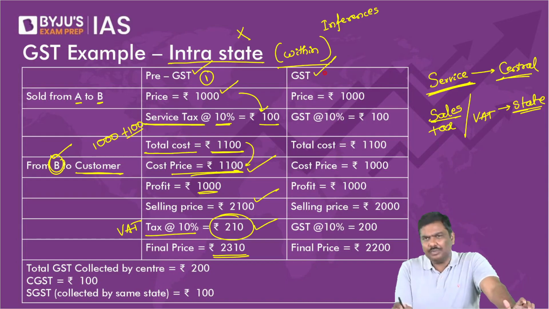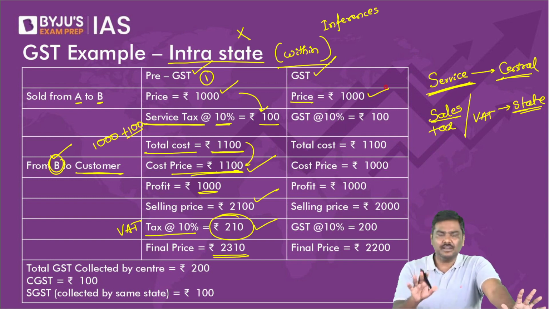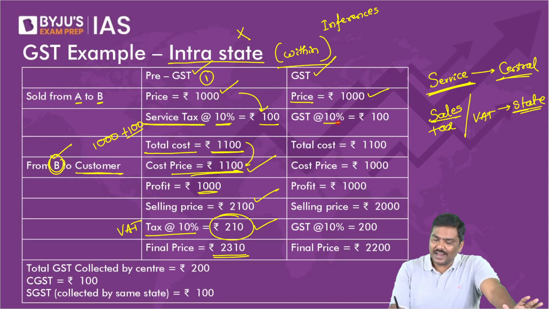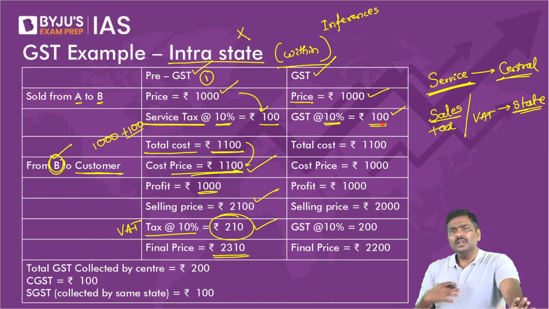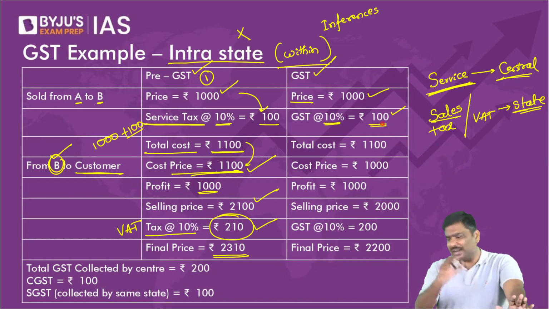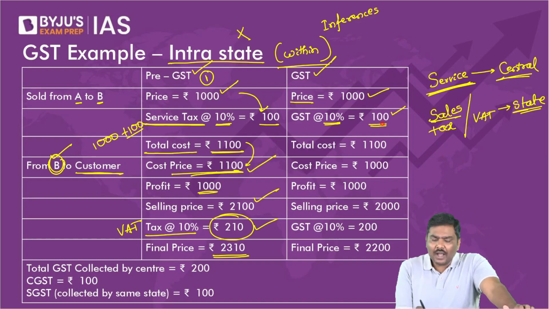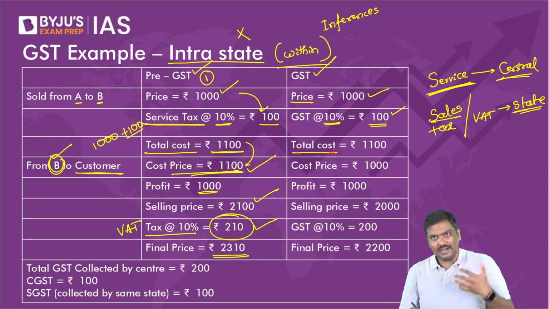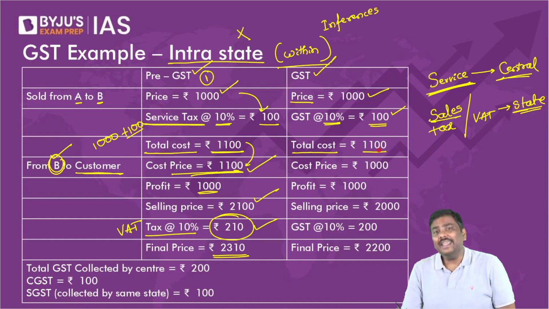Price is 1000 rupee. It doesn't change. GST rate, let's say, is 10%. So government will collect 100 rupee from you. And please understand, government is telling you whatever taxes you pay on the input, I will give it back to you. Don't worry. So now, although you have paid 1100 rupees to purchase a product, you will not include the